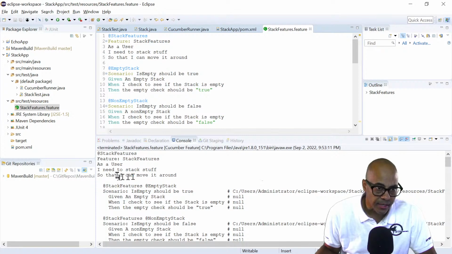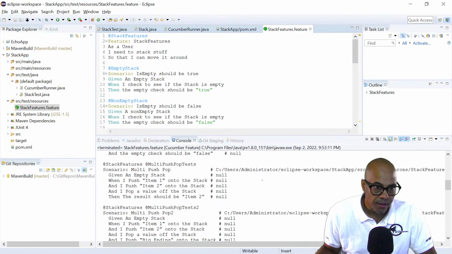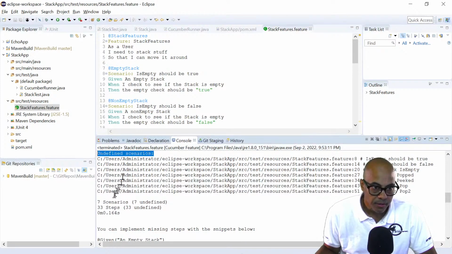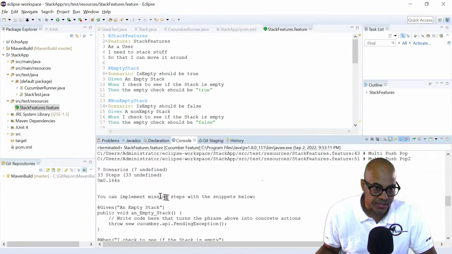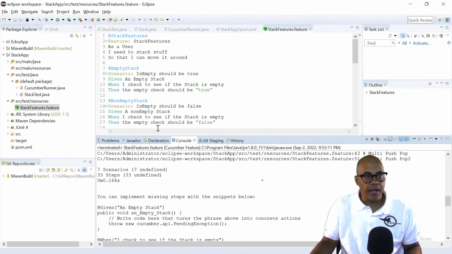It's basically saying this feature file includes all of this stuff here, but none of it has been implemented. They are all undefined scenarios. And then it says you can implement these missing steps with the snippets below. So what we are going to do now, under source test Java, is create a step definition